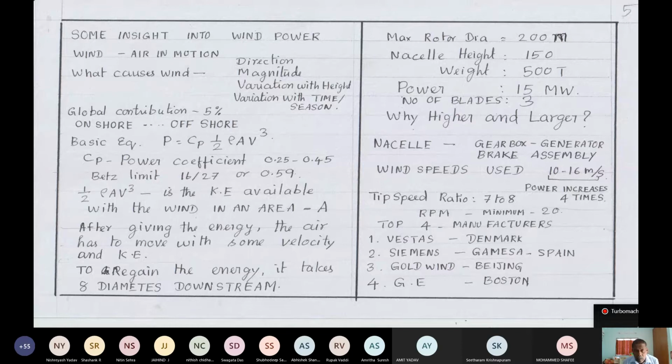Okay, so these wind turbines, when there are many in a region, you call it a wind farm. See, farm is a word most commonly used in agriculture. So here also harvesting of energy, you say wind farm. So you may find wind farms on land, that we say onshore, or offshore.